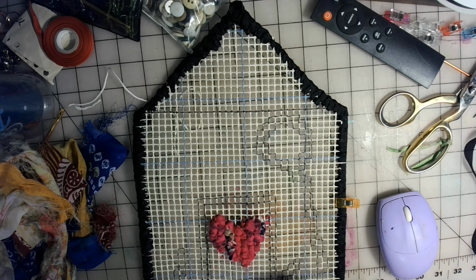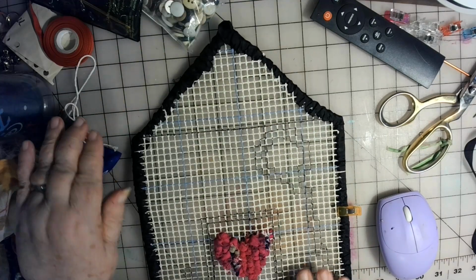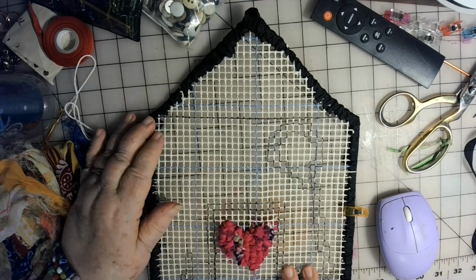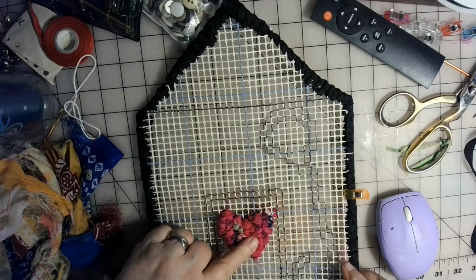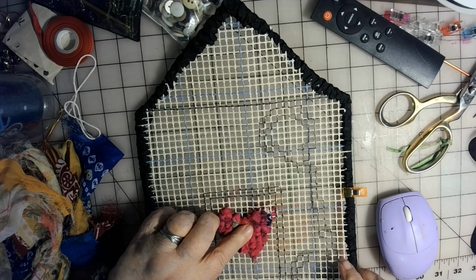Hi guys, I just want to show you how far I've gotten so far. I know I'm going to overrun you with videos. You don't have to watch them all. I just do them. But I've put the heart on the door, and so I first started doing it with